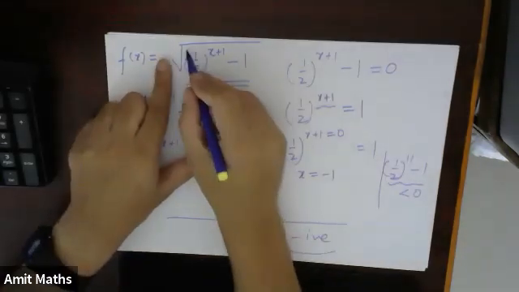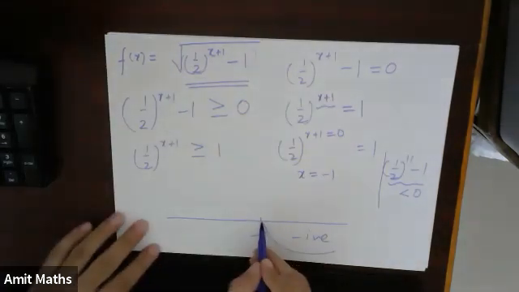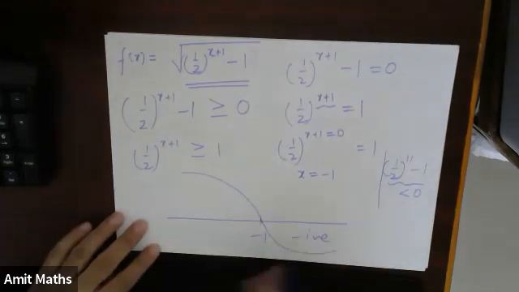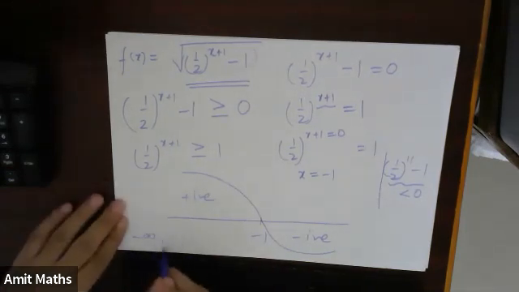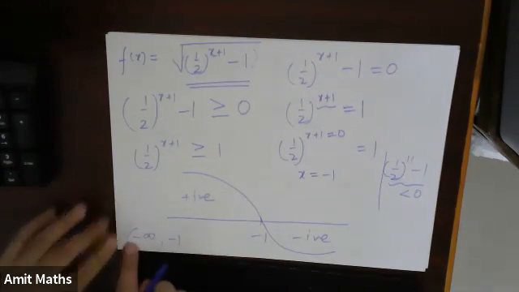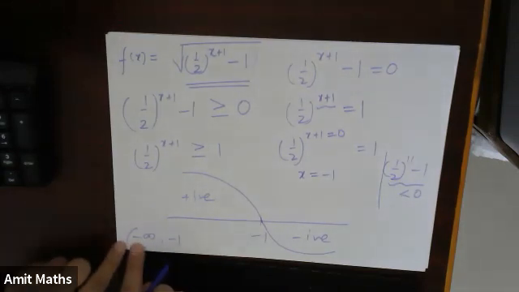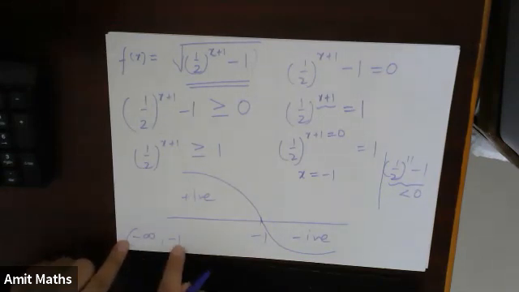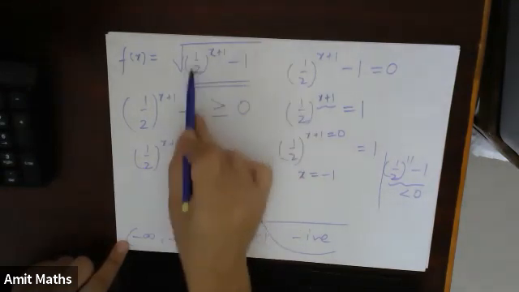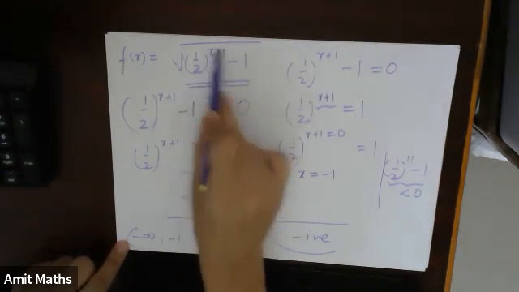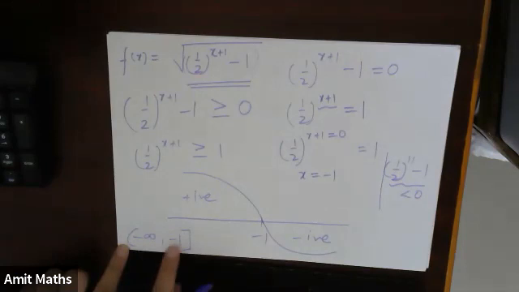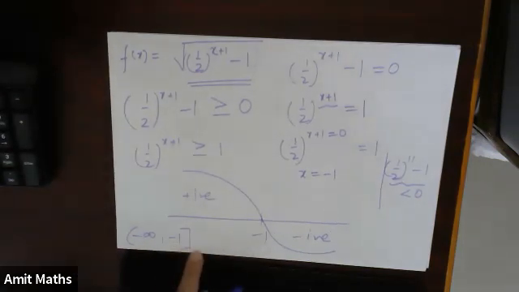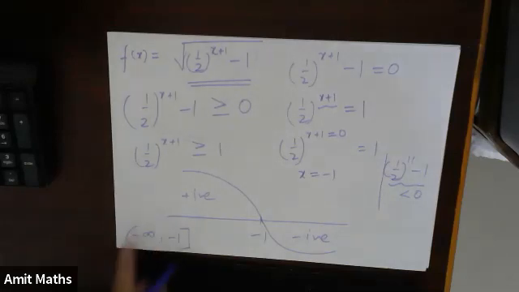What is the overall sign on this? The overall power is 1, odd, that means it will bounce back. So here it is negative, here it is positive. So what will be the domain? Minus infinity to minus 1. Minus infinity, I know, I have to keep it open bracket. The only thing I have to check is at minus 1. At minus 1, this whole thing is becoming 0. That means minus 1 can be included. So the domain of this function will be minus infinity to minus 1, with minus 1 as a close bracket, and minus infinity always meaning open bracket.